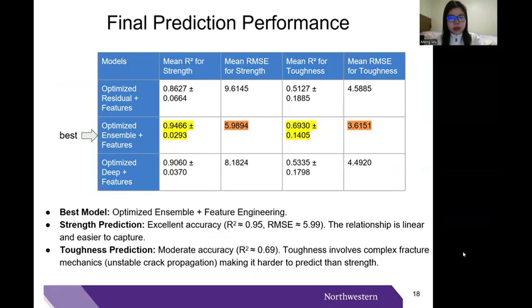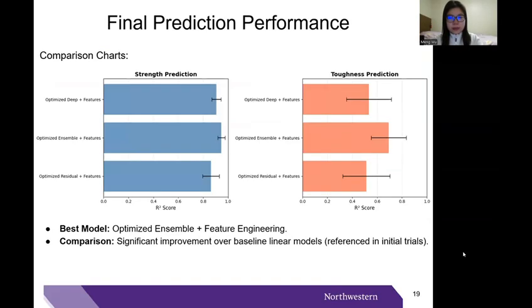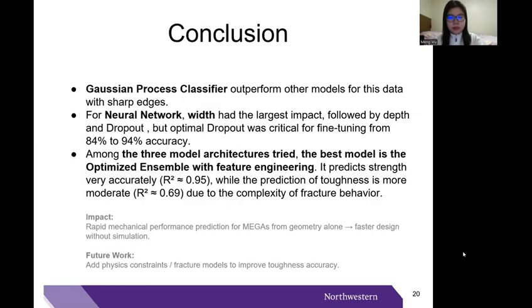Looking at the results, the ensemble model achieved an impressive R-square of 0.95 for strength, allowing for highly precise predictions. However, predicting toughness was harder, with an R-square of about 0.69. We attribute this to the fact that toughness depends on chaotic crack propagation, which is inherently more difficult to predict than simple stress accumulation. To conclude our group's findings, the Gaussian process classifier outperformed other models for this data with sharp